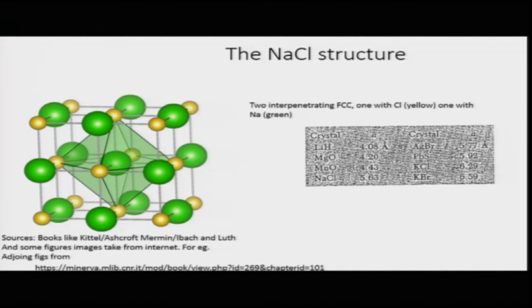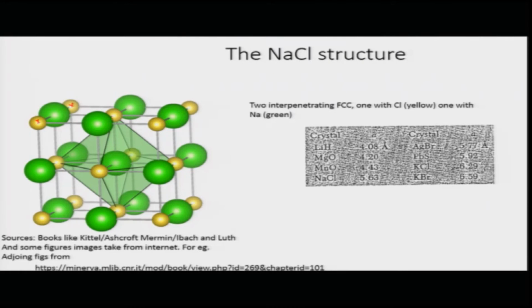Another structure which is commonly seen in a variety of compounds is the sodium chloride structure. If you recall, the diamond structure was 2 FCC lattices displaced along a body diagonal, and the second lattice is kept at 1/4 along the body diagonal distance. The sodium chloride structure is also made of FCC structures, but they are interpenetrating, not along body diagonals. In this structure the green atoms are the sodium atoms and the yellow atoms are chlorine atoms. If you look at the distribution of the chlorine atoms, you can certainly make out an FCC structure.